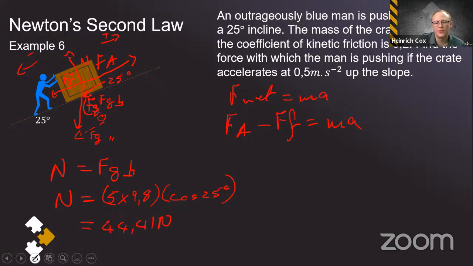Okay, so this has been the normal force, and then again to find friction, we know friction is equal to mu k times the normal force, which in this case is then going to be,